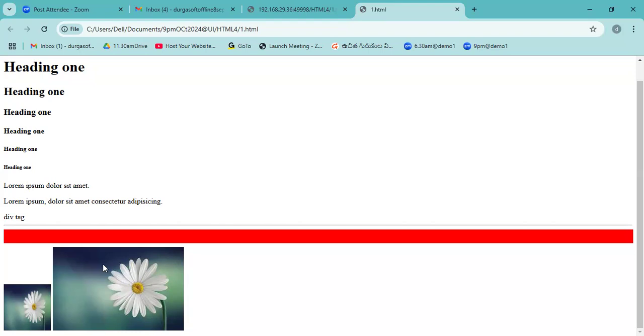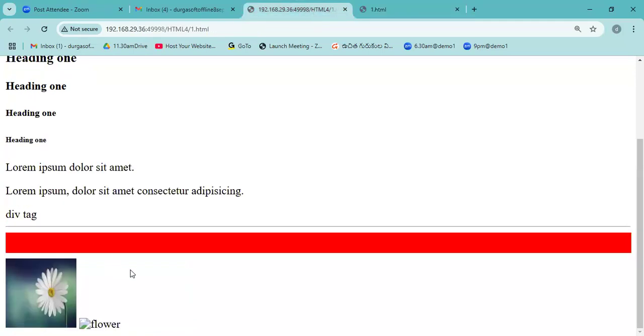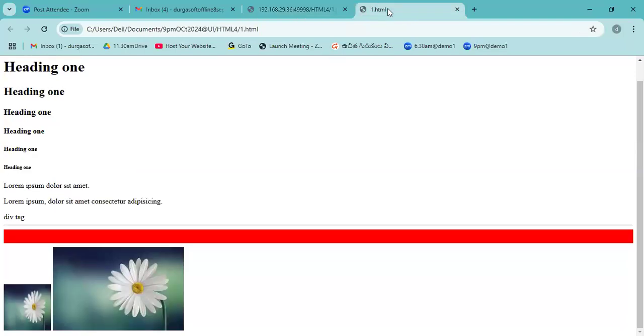This way we can execute our program. Here I'm writing, this is my first image, this is my second image. The second image is displayed when I run it with Live Server, but with normal execution it is not displaying that image. With normal Live Server execution, it is not showing that image, but with normal execution, it is showing that image. This is totally about the